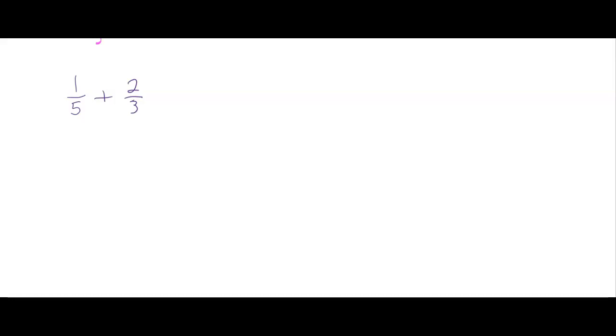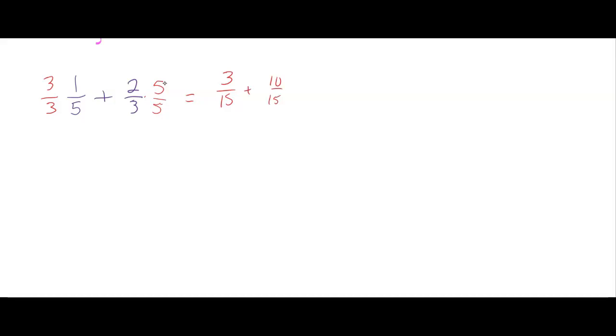All right, here comes the solution. What we're going to do is multiply this one by 3/3 and multiply this one by 5/5. That's going to make it so they have the same common denominator. This is going to simplify to, all right, 3 times 1 is 3 over 3 times 5 is 15. And then 2 times 5 is 10. So that gives us plus